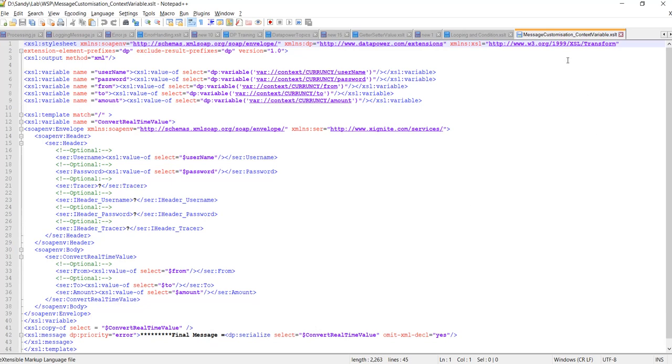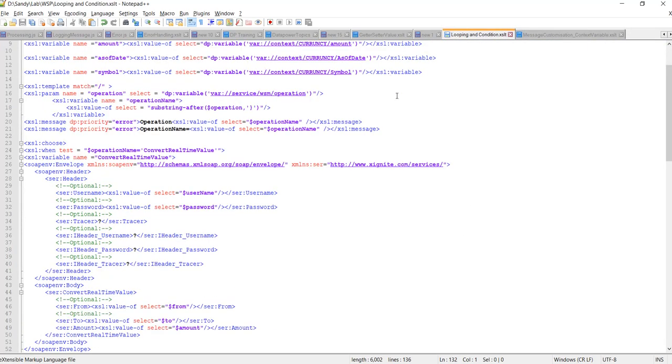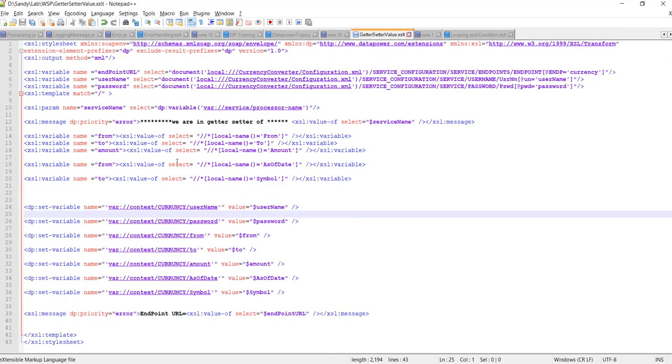So in today's session, we'll learn how to perform looping and some conditional statements on the basis of the operation name. Let me close this one. Here we have the getter and setter. Earlier I took an example of one operation.